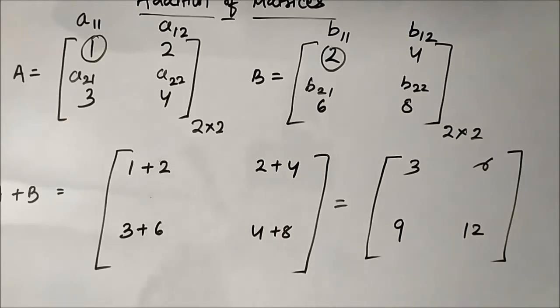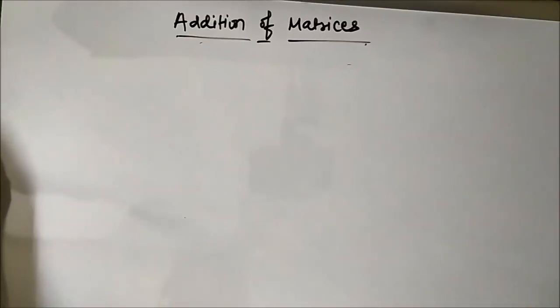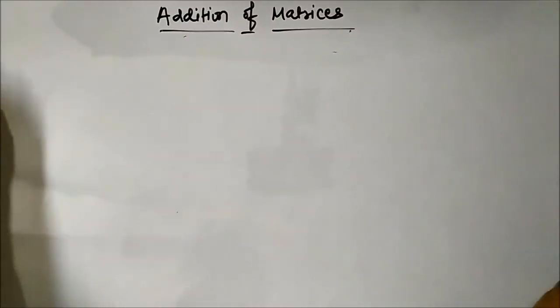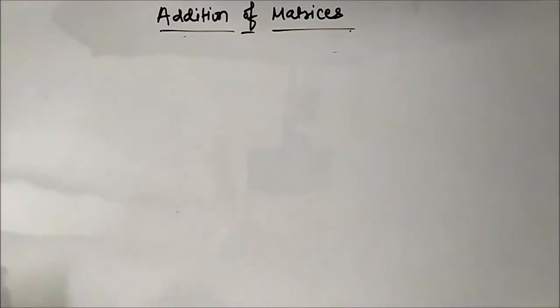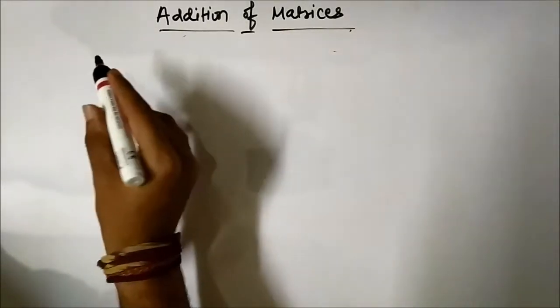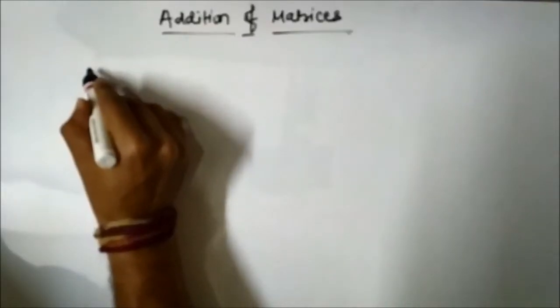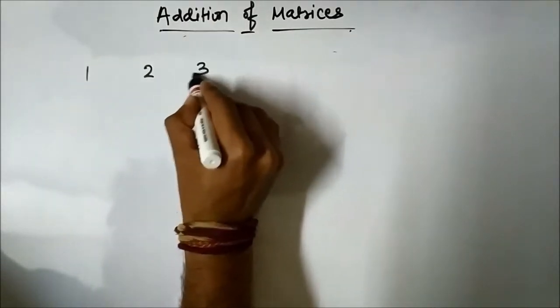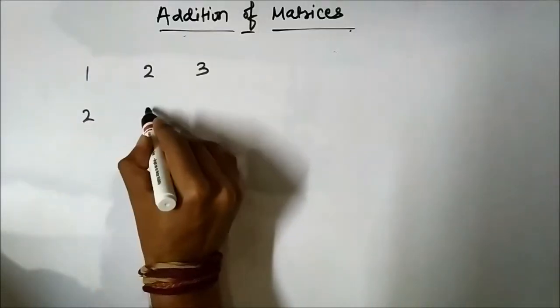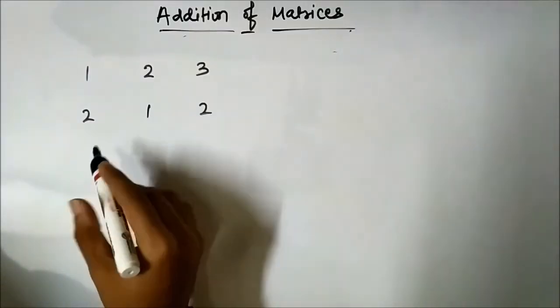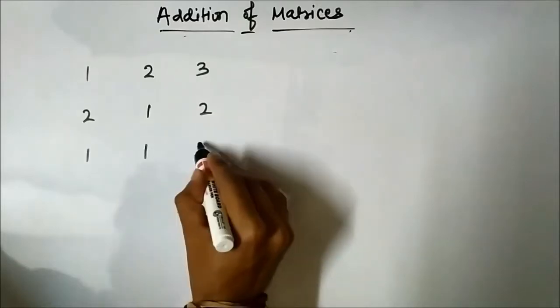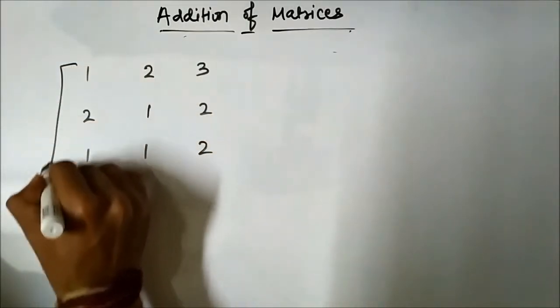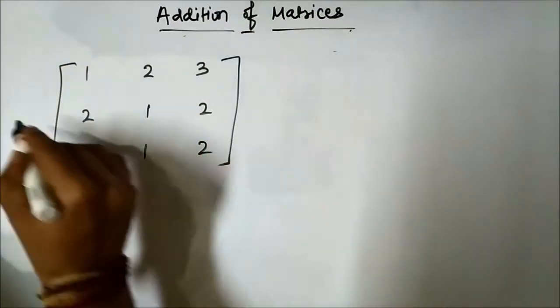Okay. Similarly, if we take a 3 cross 3 matrix or any matrix of any order. Okay, let us consider a 3 cross 3 matrix. Okay, so 1 2 3 2 1 2 1 1 2. Okay, this is one matrix, let's say A,